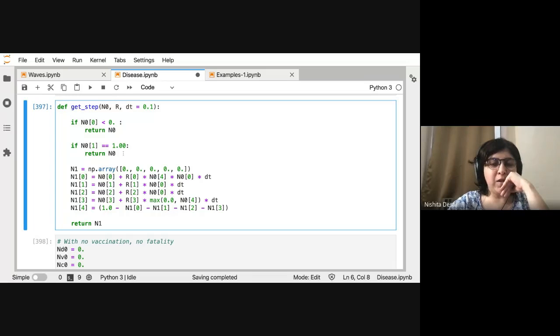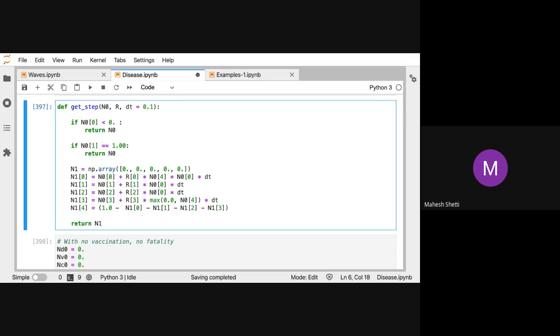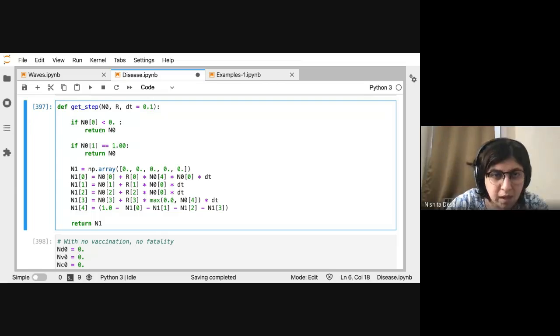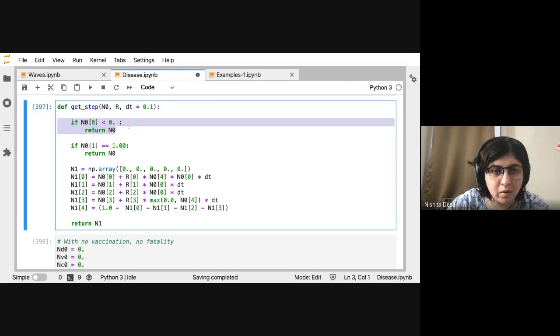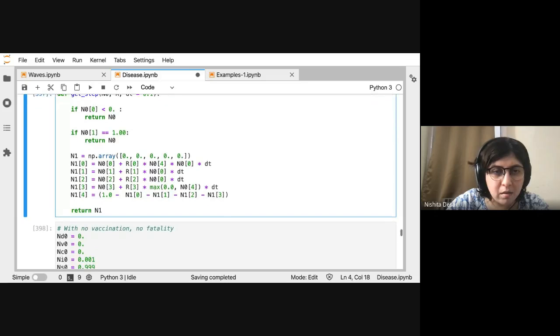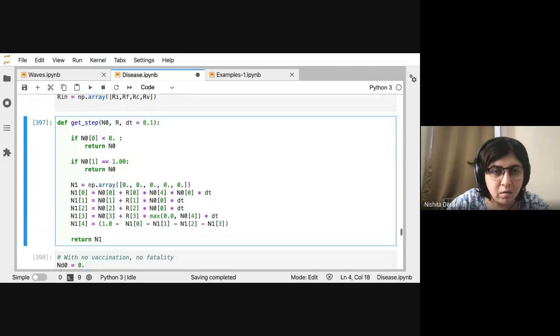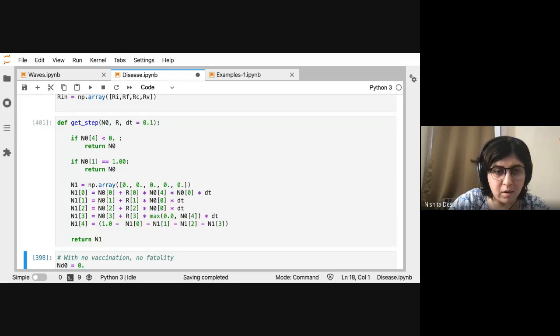So, I mean, the equations will keep solving themselves, right? But I have to put a stopping condition, which I thought this should do. So when the susceptible number becomes less than 0, so that I already did. So it should stop. No, wait, hold on. So this should be 4. Okay, let's try.